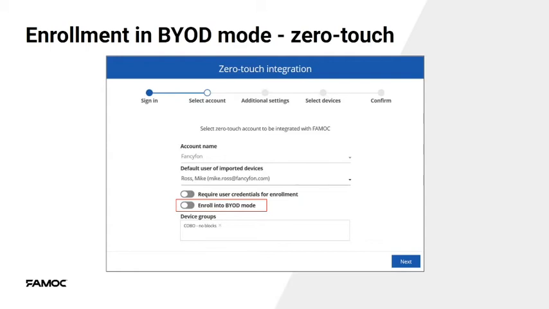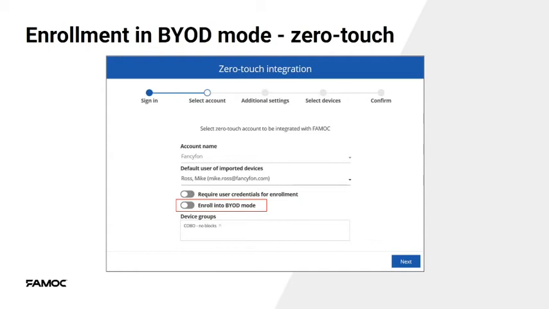Based on the IMEI number, the device will be recognized as registered in the zero-touch for Famoc,